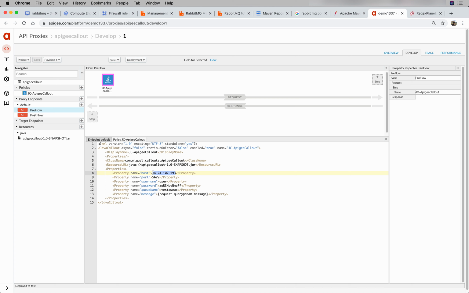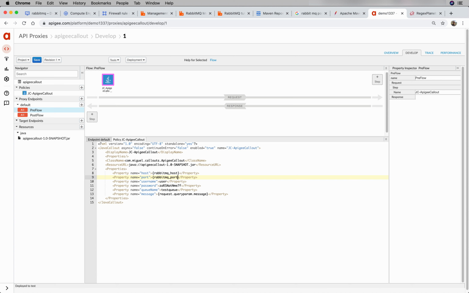So for example, the host and the port, they could come from a flow variable that's populated earlier, maybe by a KVM lookup. So let's give it some names for these flow variables, and then we can make changes to populate them. So let's say the host is going to come from a variable called RabbitMQ host. The port, similarly,